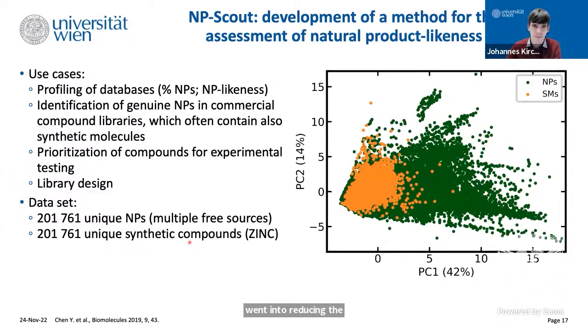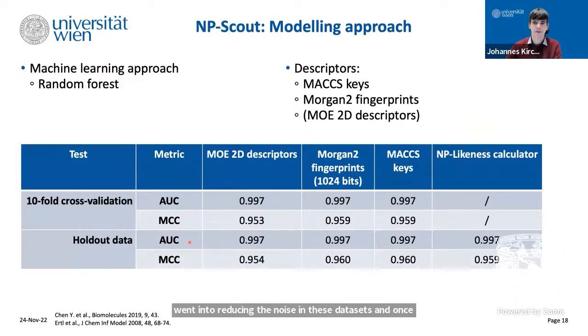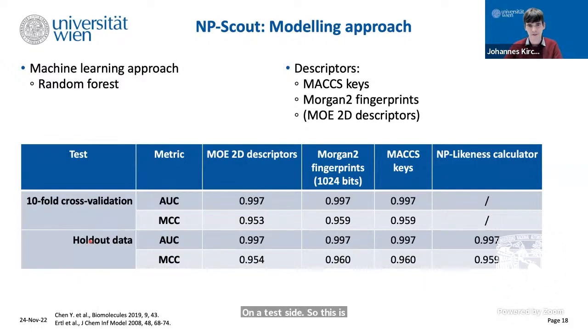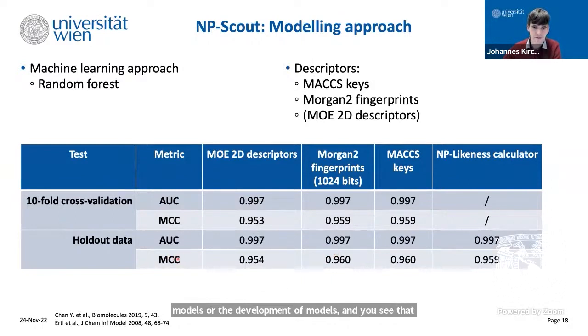And once we had these very nice data sets available, we got also very nice prediction results. These are the classification results here on a test set. So this is holdout data. This had not been used during any stage of the generation or development of the models. And you see that here, it's the Matthews correlation coefficient, which basically is a measure for the goodness of a binary classification, and the area under the curve, which is a measure of how well the natural products can be identified correctly and ranked highly in a rank ordered hit list.